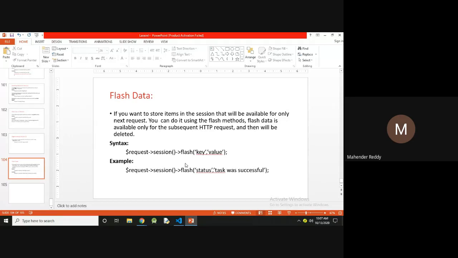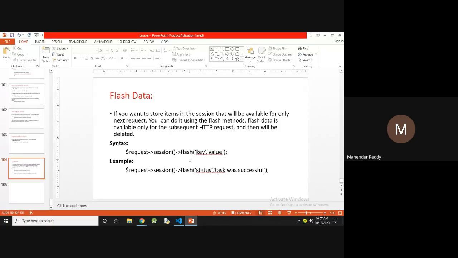Flash data: if you want to display some information before that operation is going on. For example, whenever you are getting some data from the user registration form, as in the previous example we created.